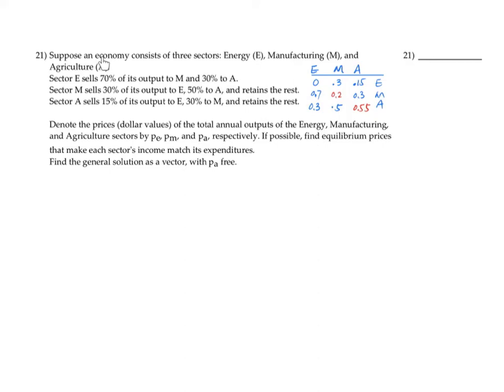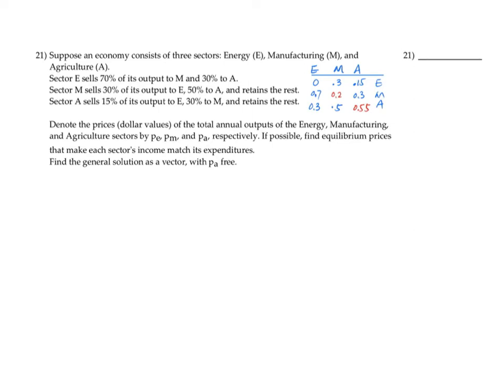In this problem, we know that this economy has three sectors, E, M, and A. Information about each sector is given in these three statements. With these three statements, we can actually create a table like this. And then, for instance, for sector E, 70%, oh, here's how I would set up